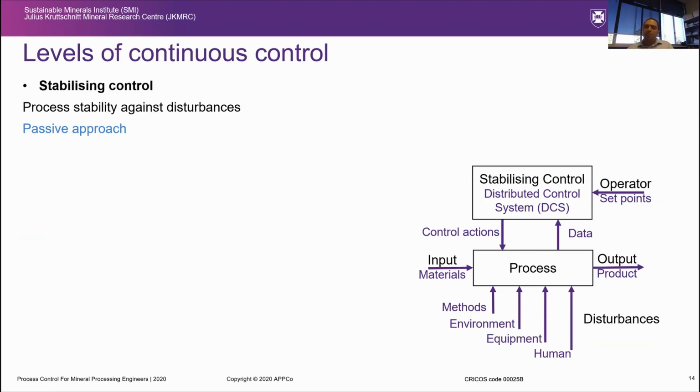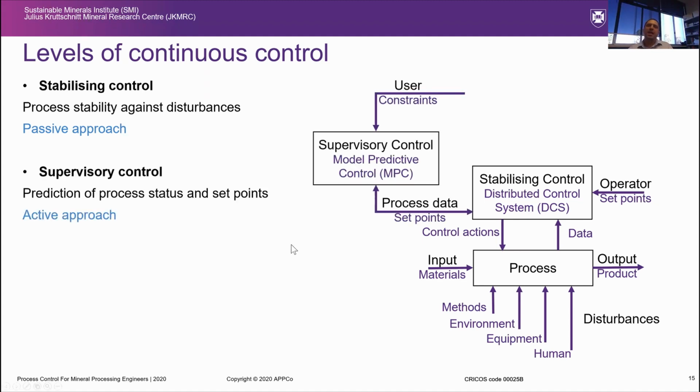So the focus in my slide at the moment would be mainly around the stabilizing control, which you can see in here. But we know that actually there are other levels of control which nowadays are more common, and basically most of the operations and people are talking about them. And if you want to explain those ones, so another level of control that you can add to the system